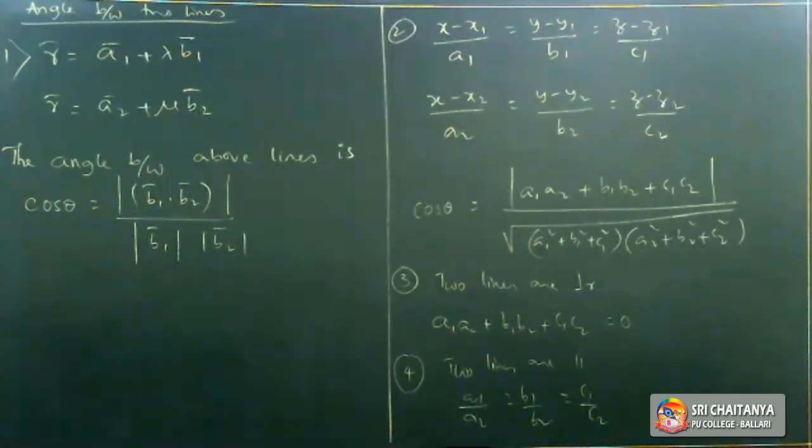(x minus x1)/a1 is equal to (y minus y1)/b1 is equal to (z minus z1)/c1, and (x minus x2)/a2 is equal to (y minus y2)/b2 is equal to (z minus z2)/c2, or the Cartesian equation of two lines, then the angle between them